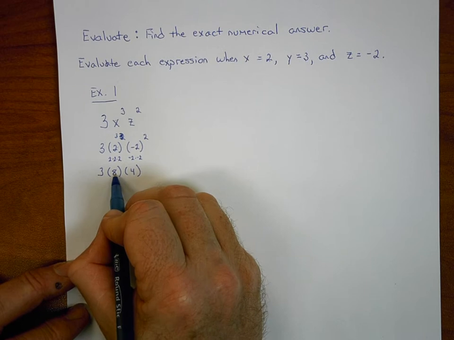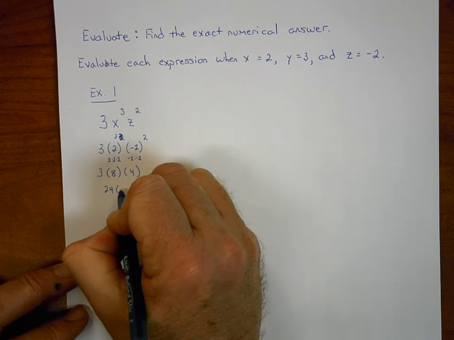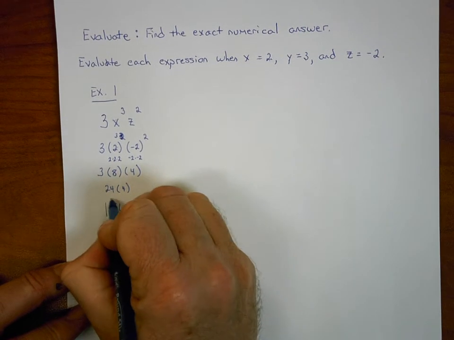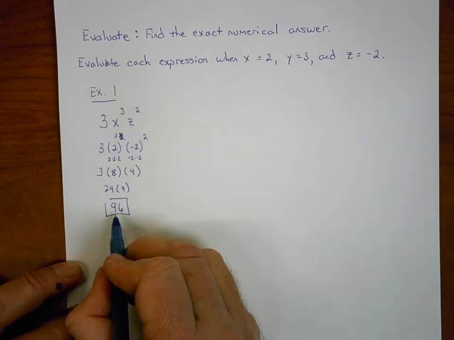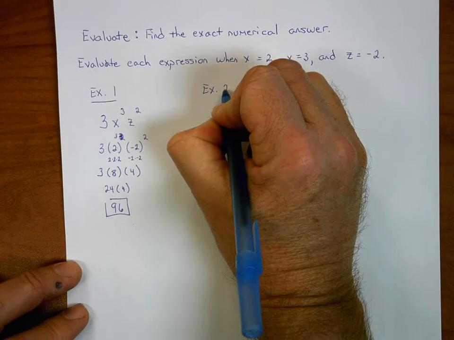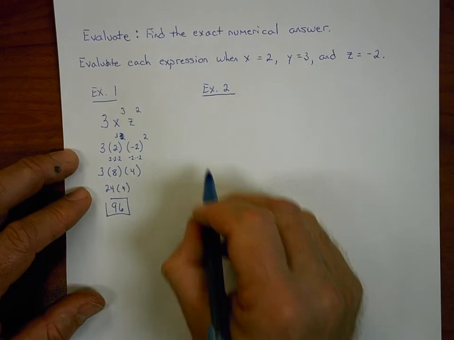3 times 8 is 24. 24 times 4 is 96. So therefore, in example number 1, the expression evaluates into 96. Okay? In example number 2, we're going to give you an expression, and in this expression I'm only going to